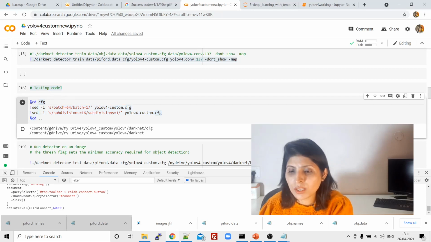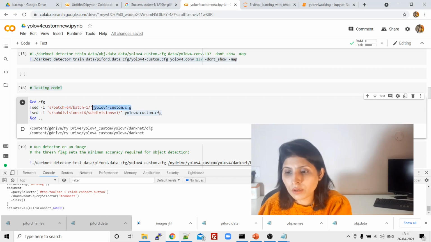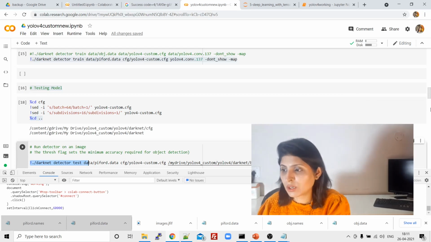I'm entering the CFG folder, and 64 was the previous value for batch in this particular file, but now I want to update it to 1 because we want to test our model. And again, in the YOLO v4 custom cfg file, earlier subdivisions were 16, but now I want it to be 1. After making the changes, just come out of the CFG folder and execute the command to test your algorithm.